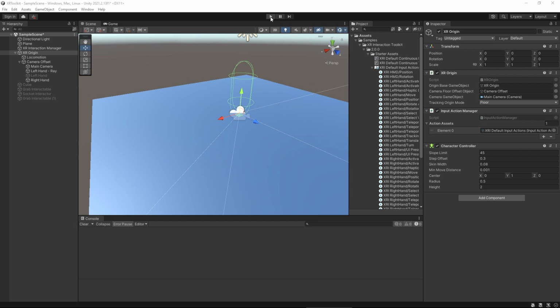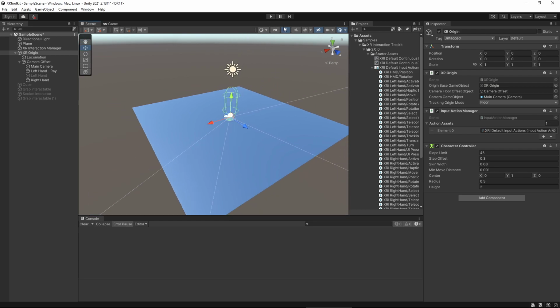One thing that I didn't consider doing was using the Ray interactor for actually pressing buttons and doing UI interfaces, because that is almost a complete video in and of itself. So let's just see if we could do a quick and dirty version. So if we zoom out here,